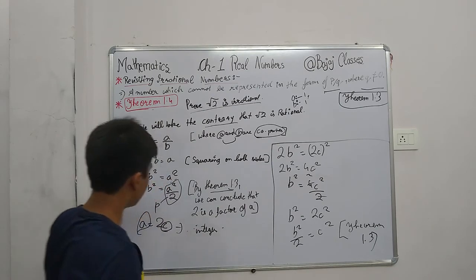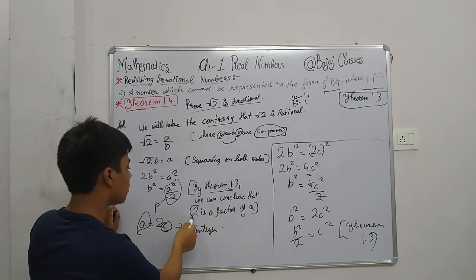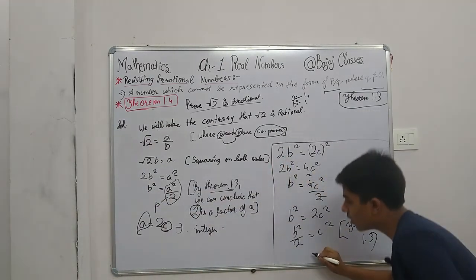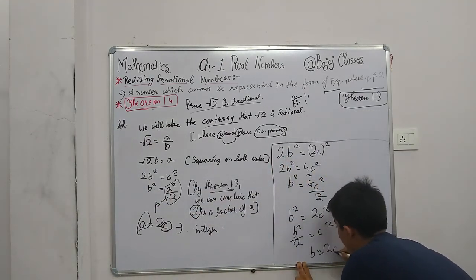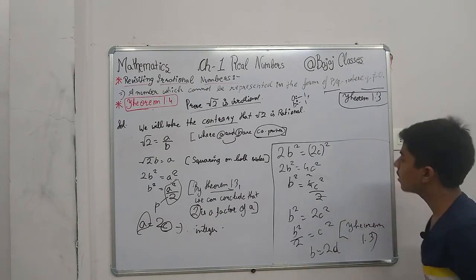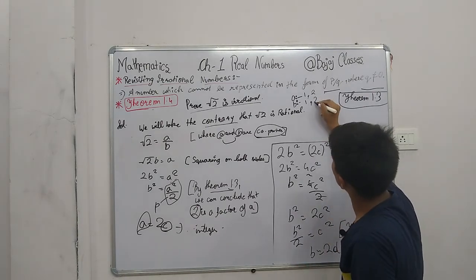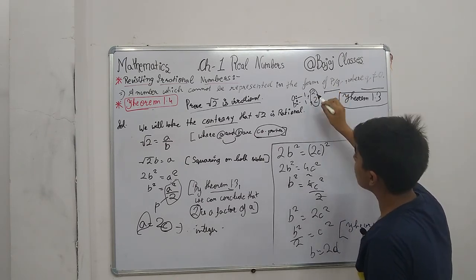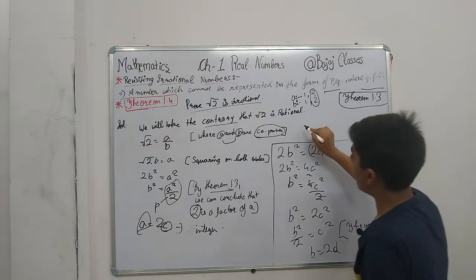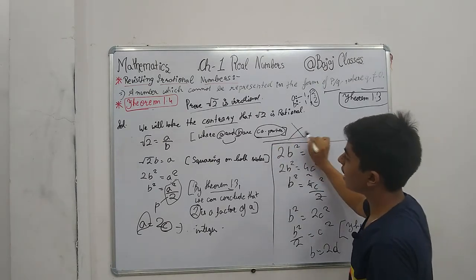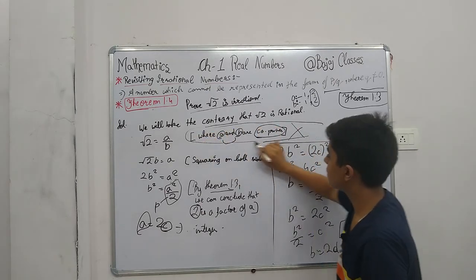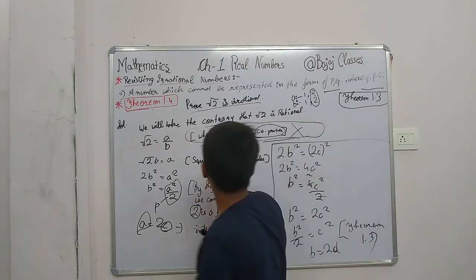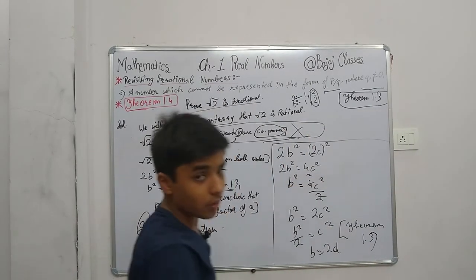So now at this side we have proven that there is a factor of a, that is 2. Here we will also write a sentence that b equals 2c, or you can say 2d, anything. So 2 and 2. So there is another common factor of this a and b, that is 2. So this statement gets wrong, that a and b are co-primes, because co-primes contain only one common factor, that is 1.